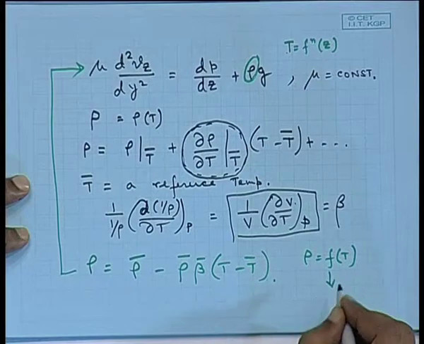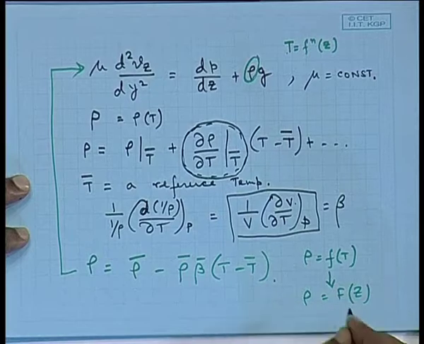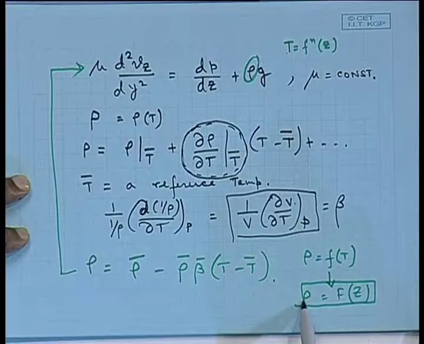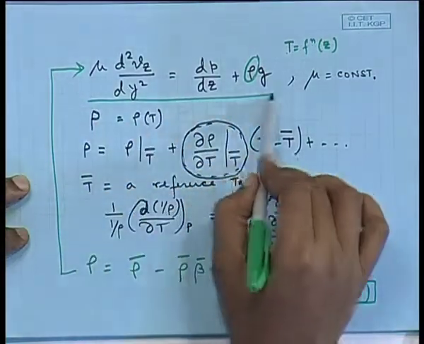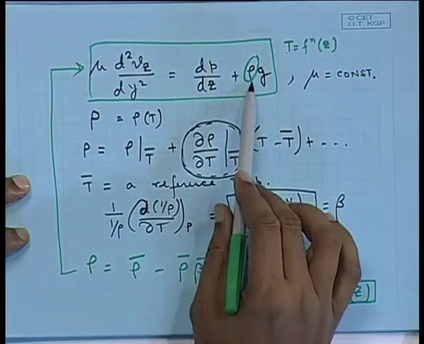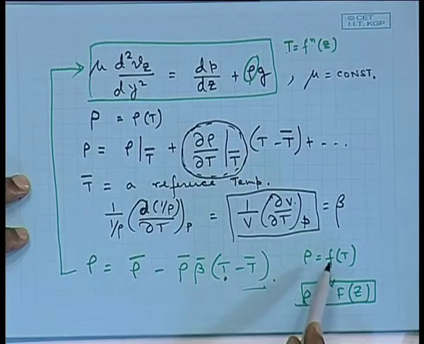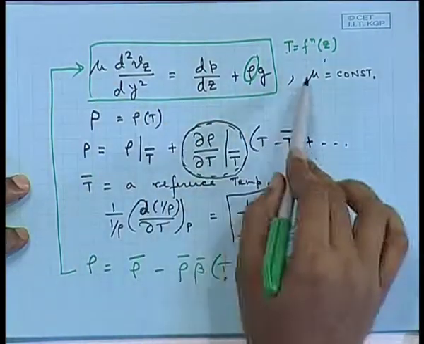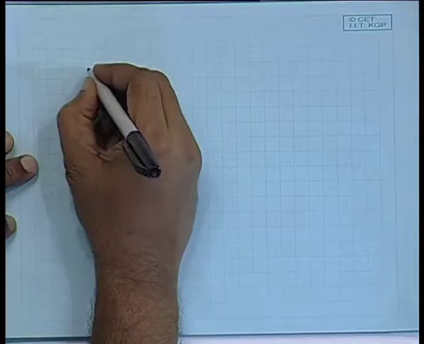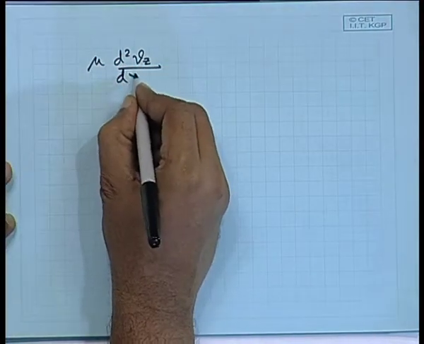So, in essence what I am trying to do over here is rho as a function of z. Okay. Unless I know the functional form of rho with z, I won't be able to solve this equation. So, my whole point is to express rho in terms of temperature, and we already know what temperature is in terms of z, such that I can solve this equation. Okay. So, what we have then is, after substitution of that expression of rho,